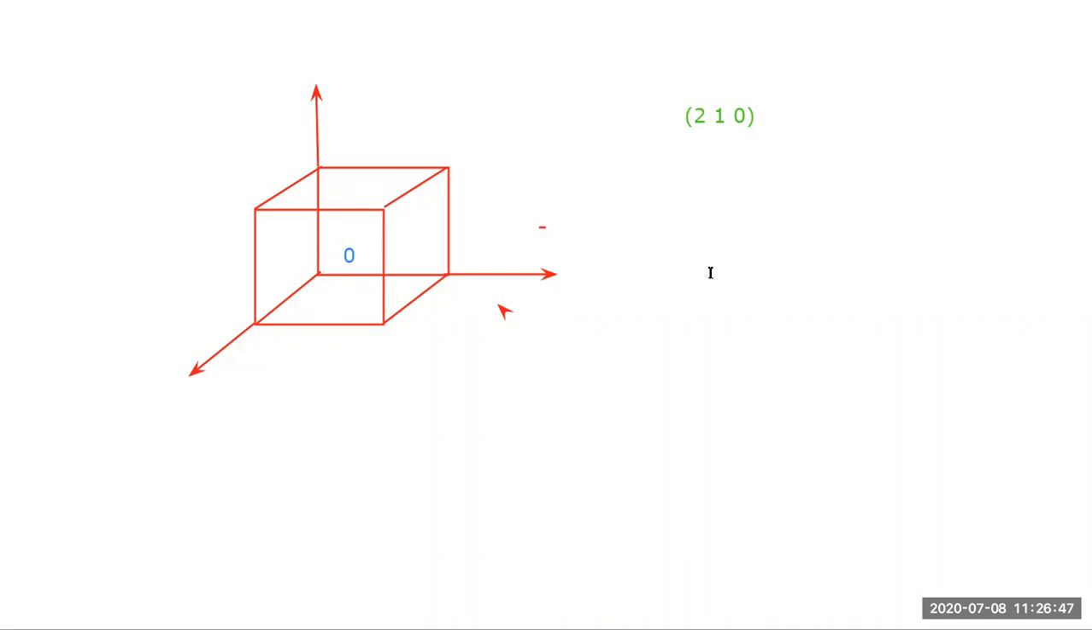This is the x, this is y, and this is the z direction. Then indicate the points. For 2, it is half, so you have to indicate half distance in the x direction. Near about half distance is here. Then y is 1 and z is 0. Then join these 2 points with a line, and the same line you have